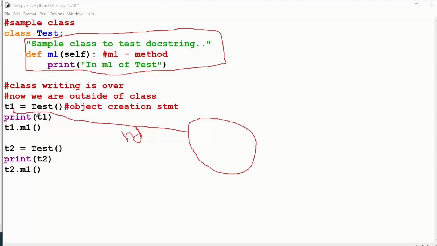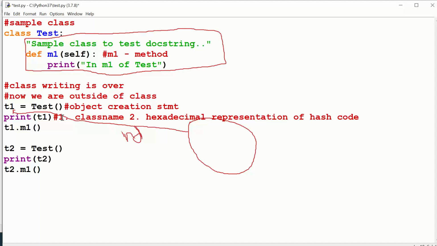I have printed that indirect address t1. What did I get yesterday? I told you, the indirect address contains two things. First one is the class name, second one is the hexadecimal representation of the hash code.